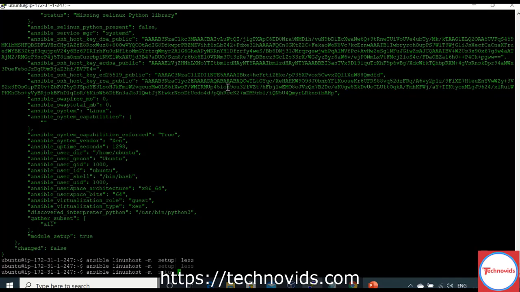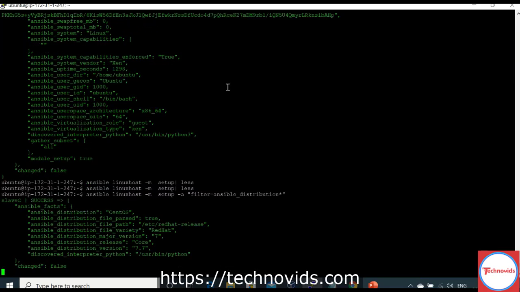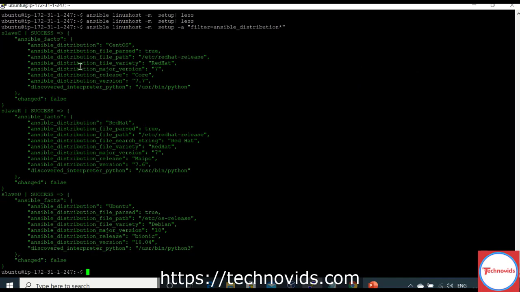So -a filter is equal to what I want. I want ansible_distribution, right? Okay. So if I say this, it gives me the information only about the Ansible distribution. This is the way you can filter multiple facts.